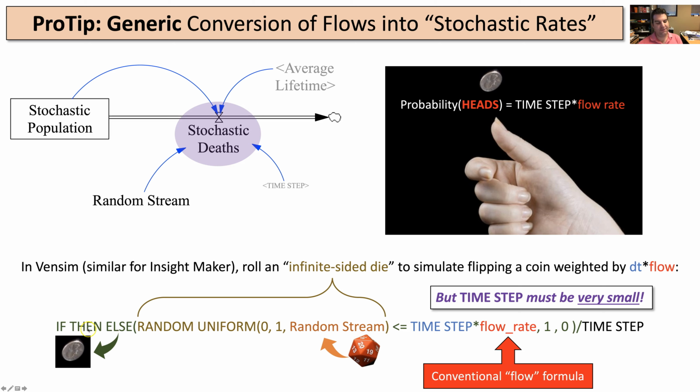So you can use this if-then-else, and this thing called a random uniform. Now, the random uniform is like an infinite-sided die. It will give you a random real number between 0 and 1, and you can compare that random real number to a probability. If you remember in our 20-sided die, I said if we get an outcome of 15 or less, we're going to say that we got a heads, and if we get an outcome of 16 or higher, it'll be a tails. And that will end up making it so that our coin will turn up heads 75% of the time.